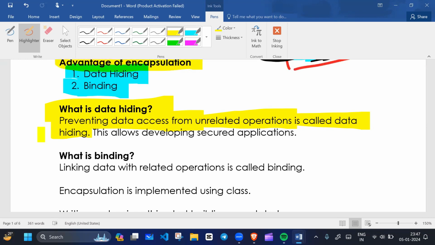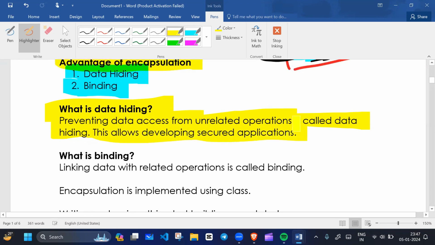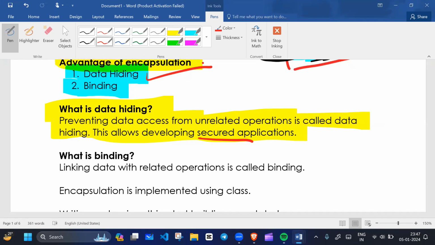If the function is outside the class, it is known as a function. So this allows developing secured applications. With the help of encapsulation, we can develop secured applications, because encapsulation provides a feature known as data hiding. If our data is hidden, our data is protected, so we can develop a secured application.